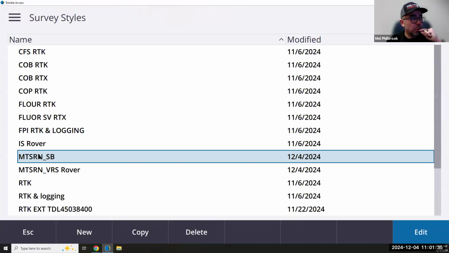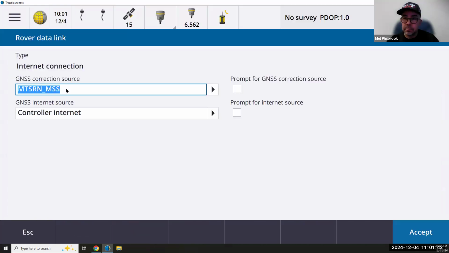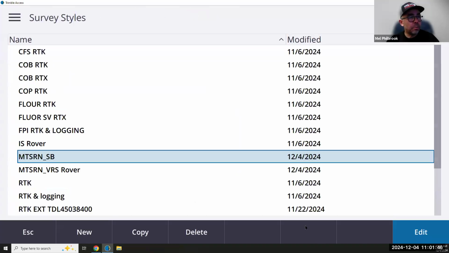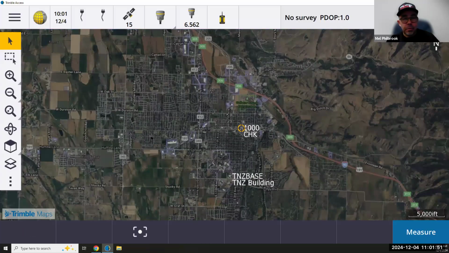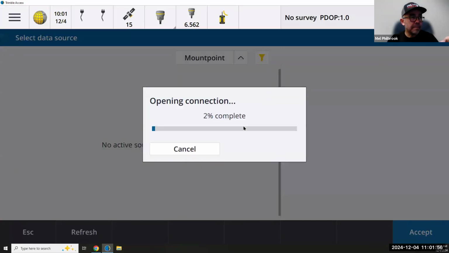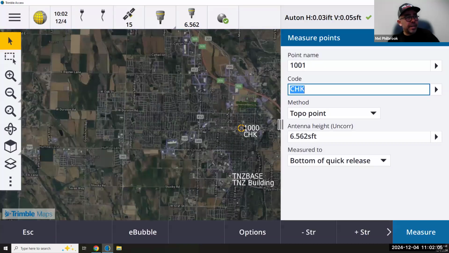And so now I've told that style to do single base, and I've also told that style to use the mount, which already picks the mount for me. So now if I come in here and measure and use single base, there'll be no prompt. It will hit the mount. It knows where I'm located automatically. See? And everything's operating dynamically here. If I was to zoom out,